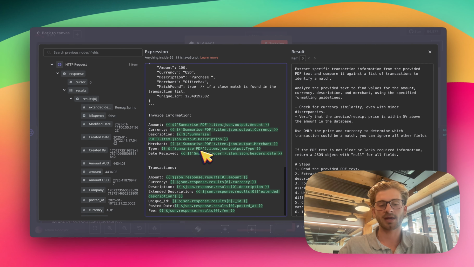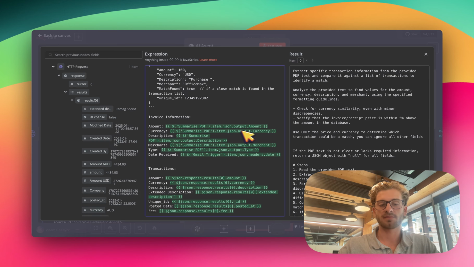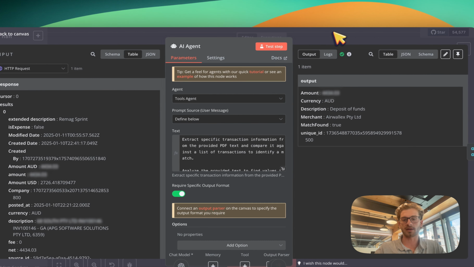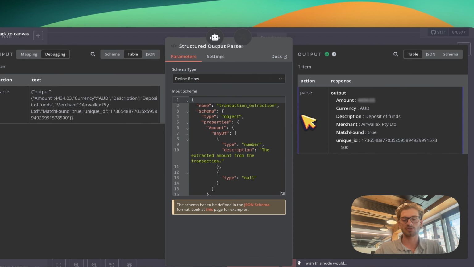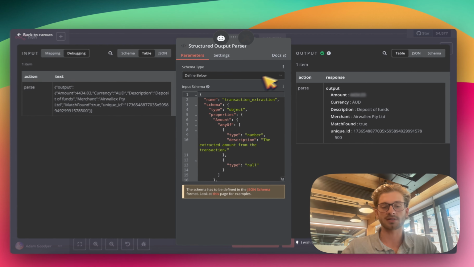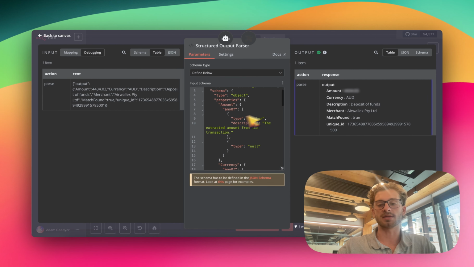Now that's what that's doing. And if a match is found, we're going to output the following formatted data. You'll see here we use a structured output parser, and essentially what we want is this output: the amount, currency, description, merchant, a match found, which is a Boolean, and then the unique ID of the match in our database. So we can use that ID to find that transaction when we go to upload the